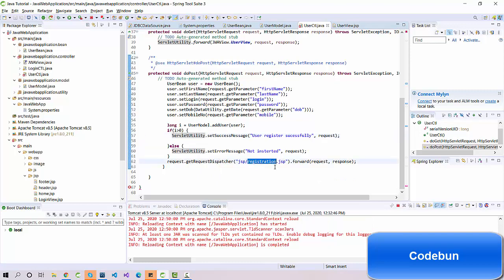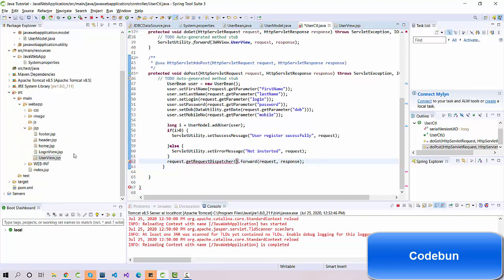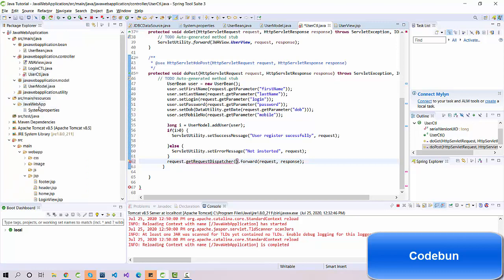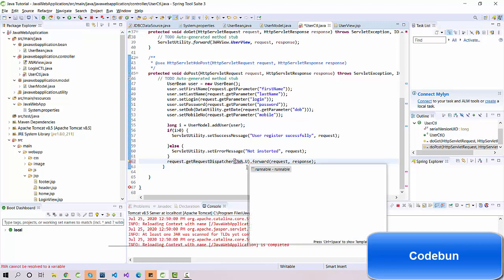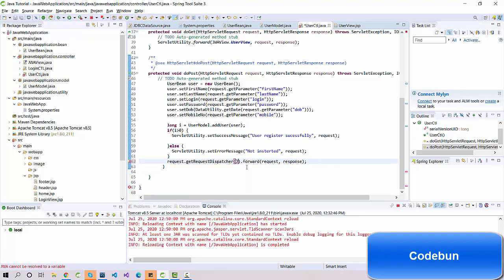In our case, it's not JSP. Let me check here. It will be user view. So what is our user view URL here? So I'm going to use my JWA dot